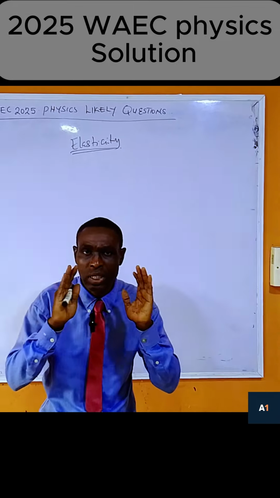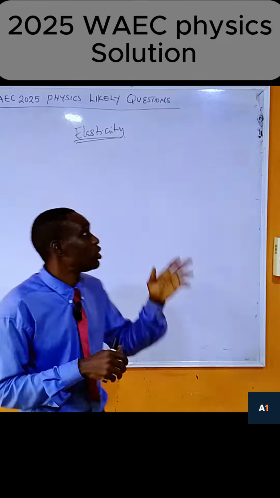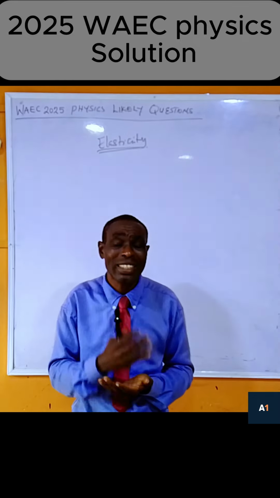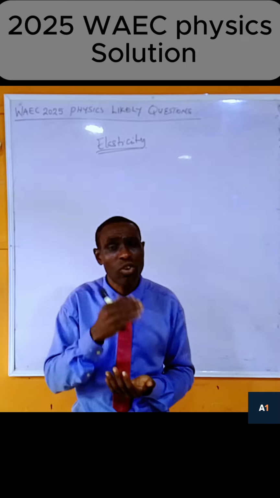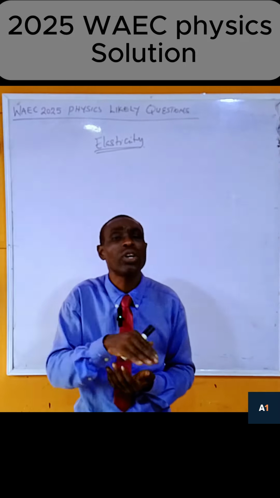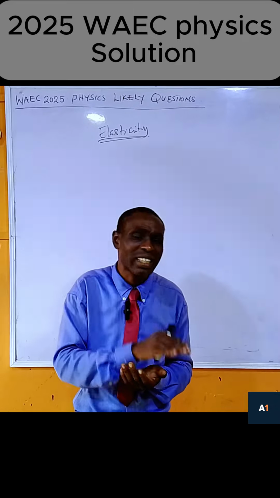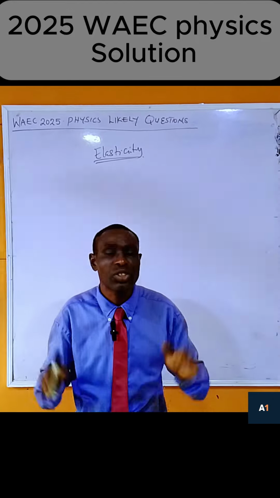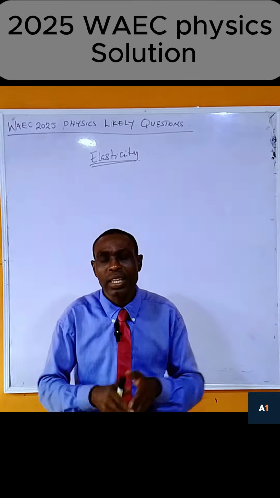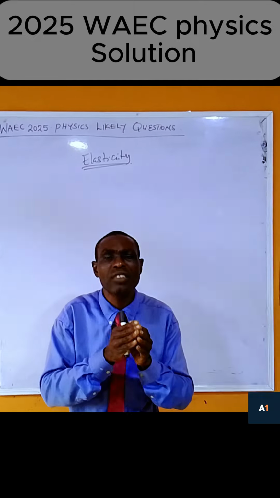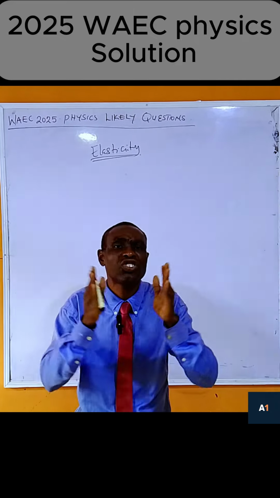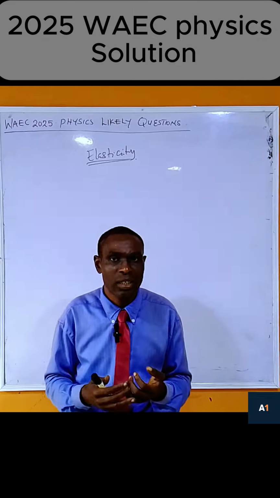And today I'm going to talk about elasticity. Let me talk about elasticity before I talk about the mathematical aspect. The ability of a material to regain its original position, original size, or original shape after being distorted or stretched is called elasticity. Look at the spring.